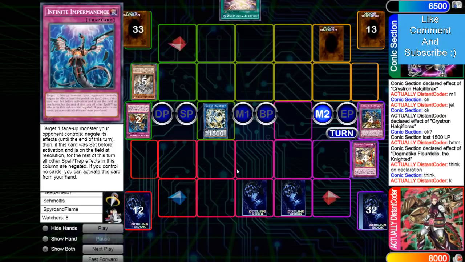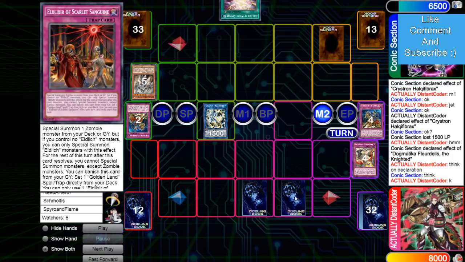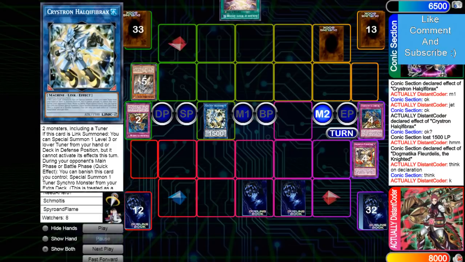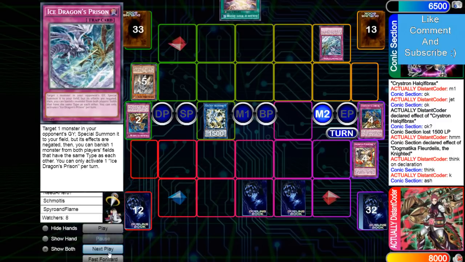And I know the tuner isn't going to be doing a lot here because he can't go into the extract next turn, but he could go Scarlet, bring out Lord, and then during his next turn, banish Scarlet, set Conquistador, Wakero, whatever, and then he has Wakero, Conquistador, plus a formula already on board to go into the Zeta. Ice Dragon,